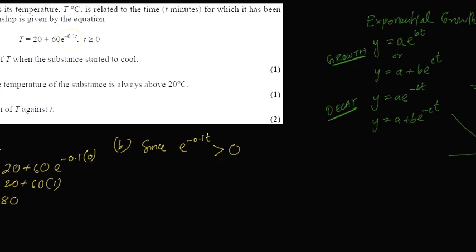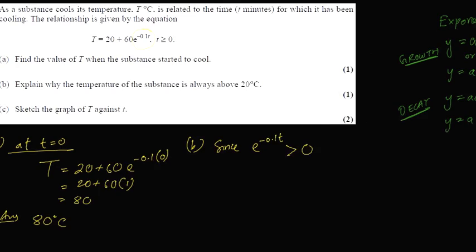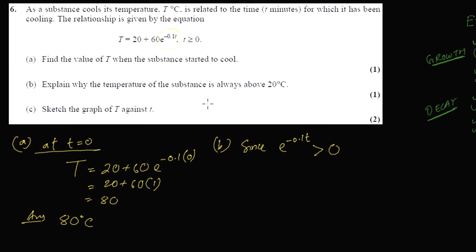If you take a look at the picture here, this e to the power x, e to the power t portion, this is always above this line. It cannot be equal to 0. It cannot cut that line. That's called an asymptote. Because of the asymptote, this has to be greater than 0, right? So if you write, let's write it like this,